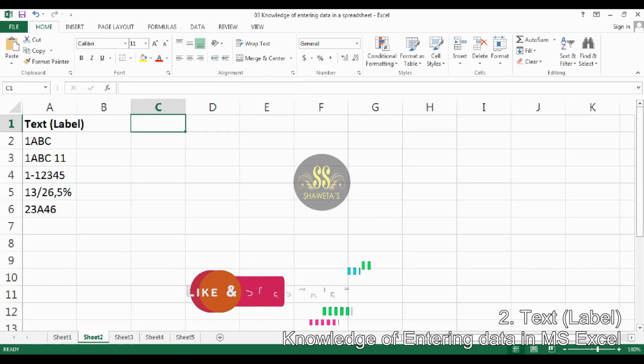Next one is text or label. Any type of data that is not numeric or formula type is considered as text. This means that any data that is numeric, alphanumeric, spaces, special characters in any combination is treated as text. Some examples are